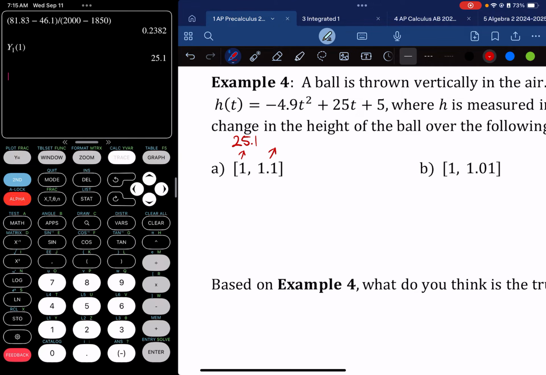And again, you hit alpha, trace, y1 of 1.1. There's an even faster way to do this that I want to talk about in a sec. So 26.571. Instead of having to go through all the menus again and hitting alpha trace, you can literally just hit second enter. If you hit second enter, it will bring back the previous line. If I hit second enter again, it'll bring back the line even before that, and you can just change in